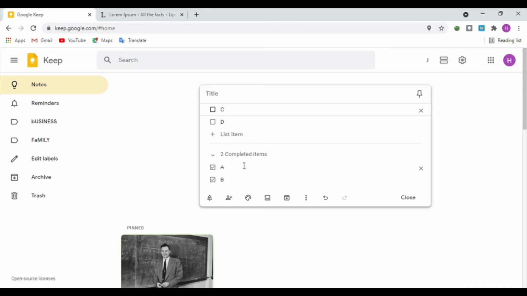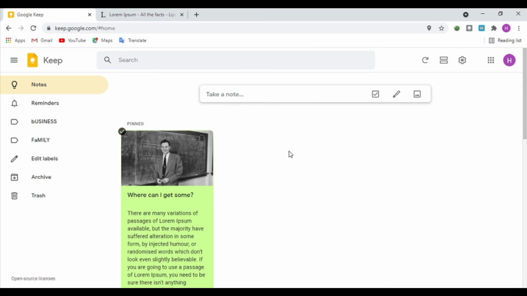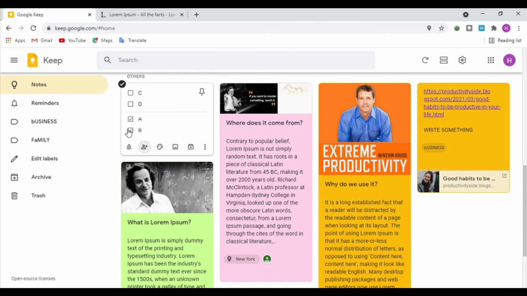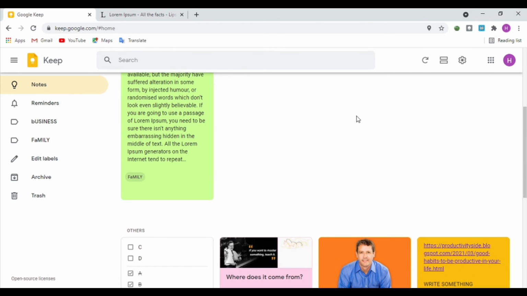You can see this option is useful when you want to organize your goals, when you want to write some to-do list, when you want to write a step-by-step process, and doing the things, and then add the things over time, and you can see use this, and this is the note we created before.